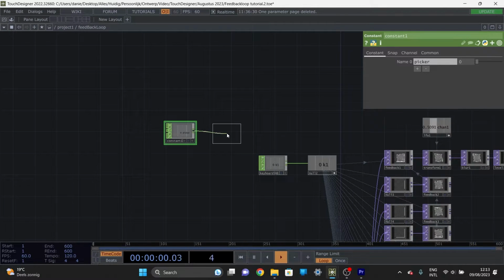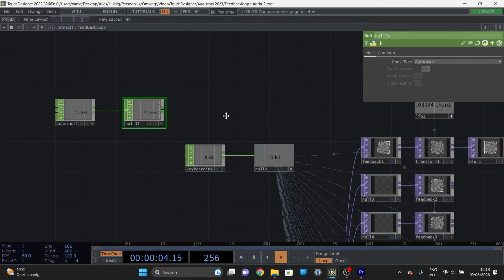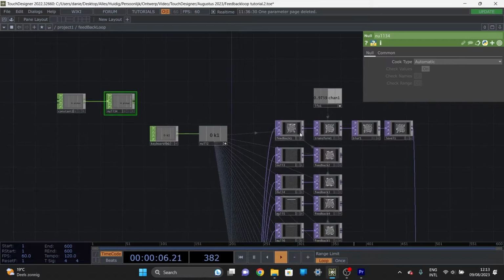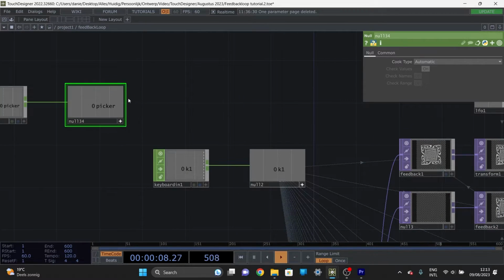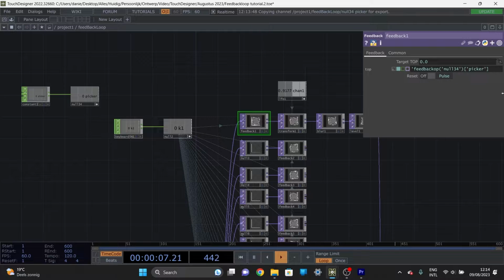Add a null, and let's see, we can drag this on top of the feedback 1, and then let's see, I have to check. We're going to fill in, leave this here, and single parentheses feedback, and then plus,